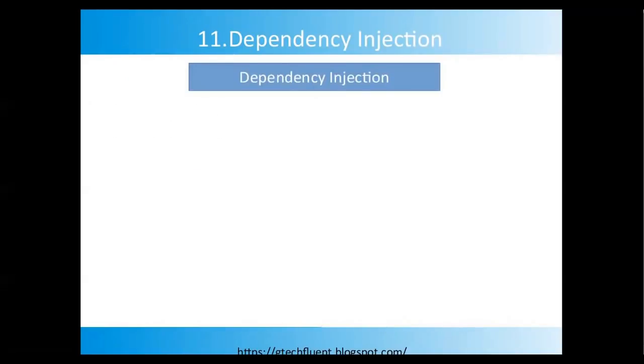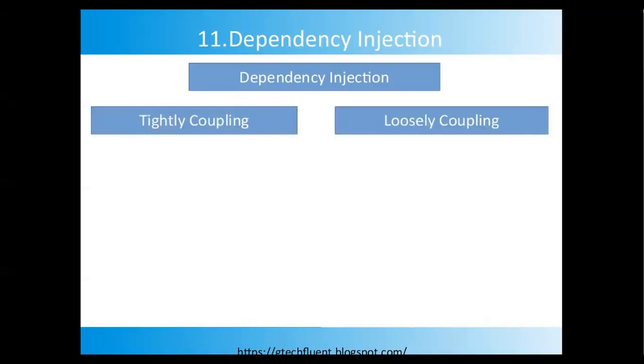Dependency injection is a software design pattern that allows us to develop loosely coupled code. It is a great way to reduce the tight coupling between software components. The purpose of dependency injection is to make the code maintainable. Now let's understand what tight coupling and loose coupling mean. In tight coupling, the software components depend on each other in such a way that for a small change in one component, you might require a lot of changes in the dependent components. And this is not a good practice in software development.